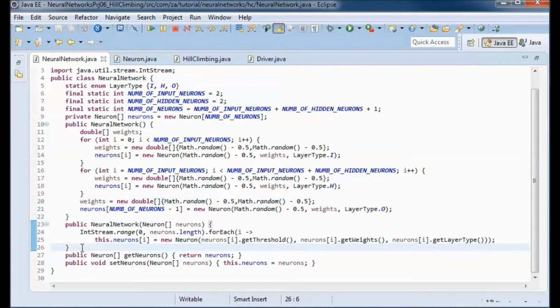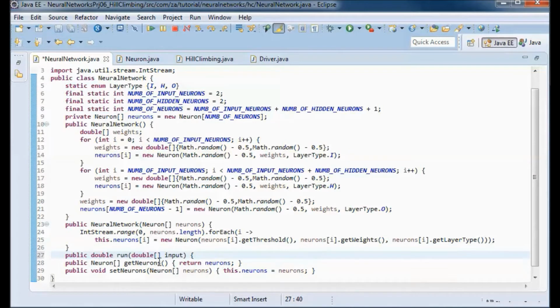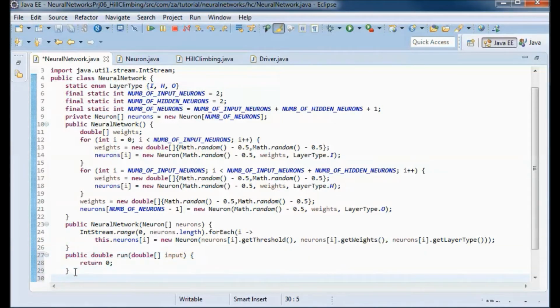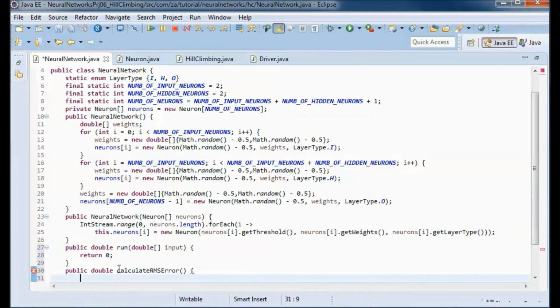And what we still need is two methods. A run method that takes in the inputs, in this case both inputs for the XOR training data, and a calculate root mean square error method that will calculate and return that error.